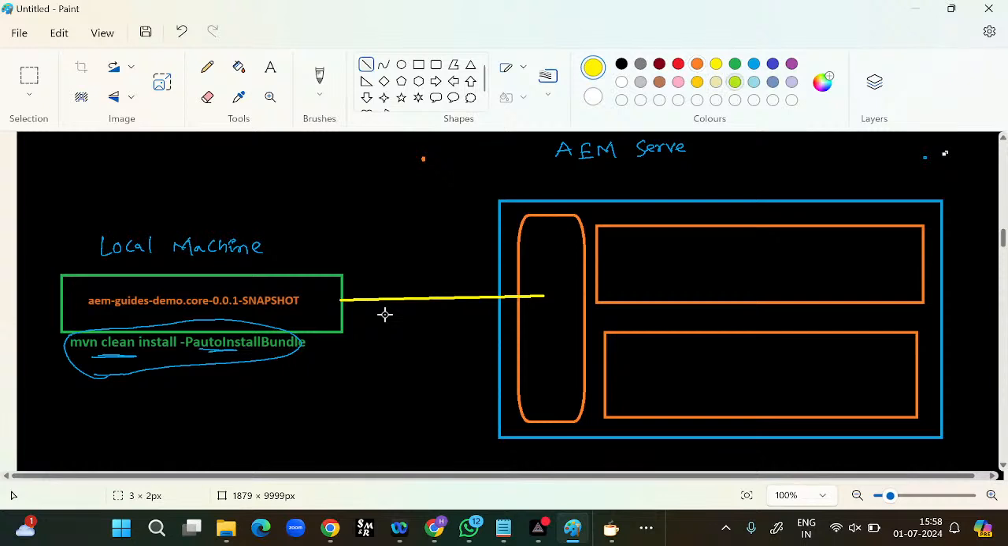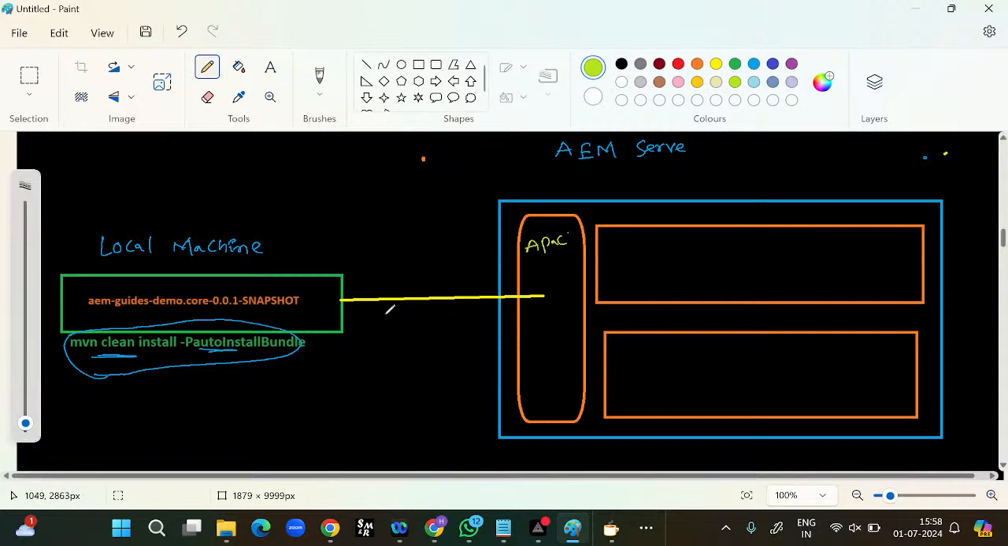This is the Apache framework. This one is the JCR, and this one is the OSGi. Are you guys clear with my point? Now, what I am saying,